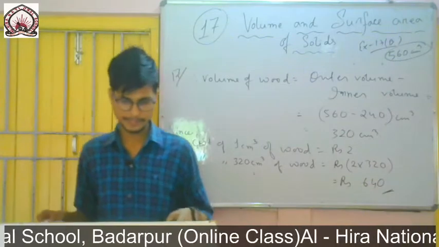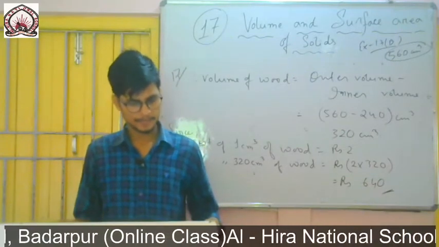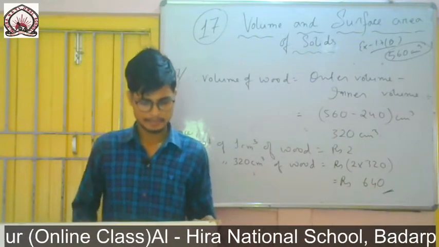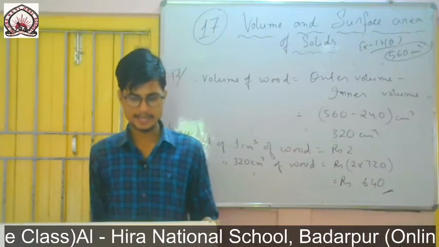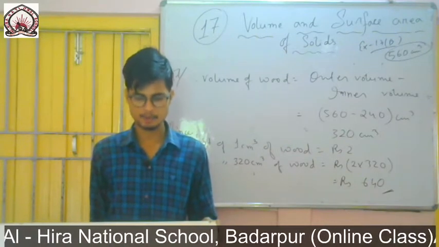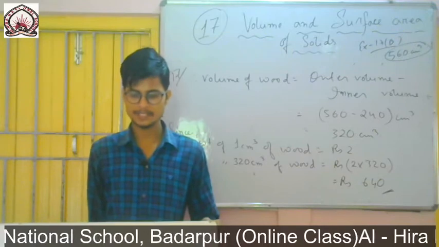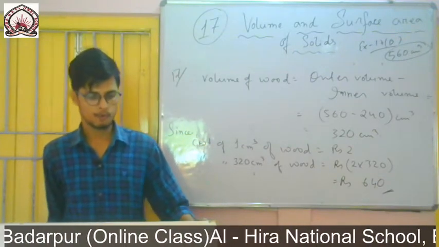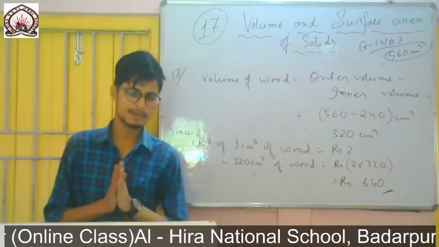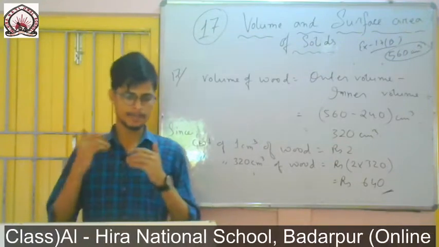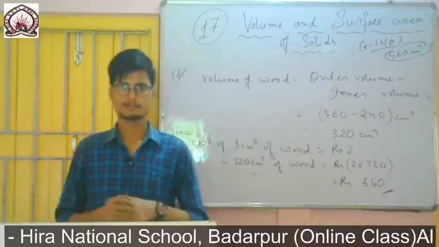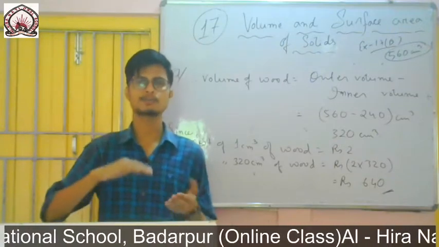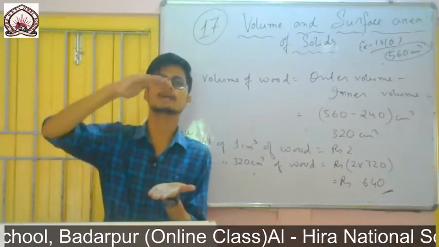Now question number 18. 500 men took a dip in a tank which is 80 meter long, 50 meter broad. What is the rise in water level if the average displacement of water by a man is 4 meter cube? So the question is given like that: 500 men took a dip in a tank. So normally the water level will rise.